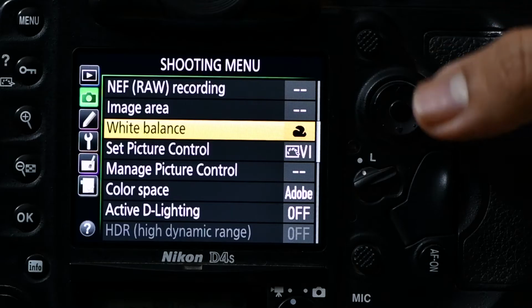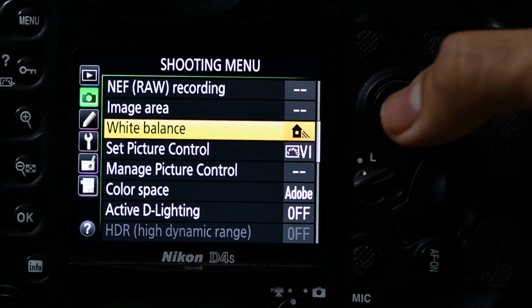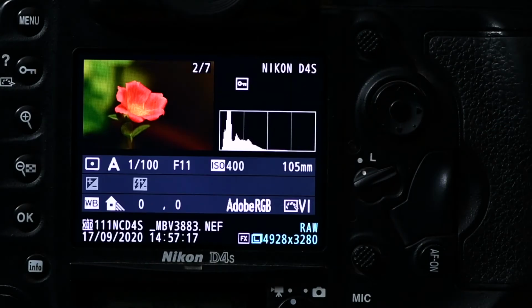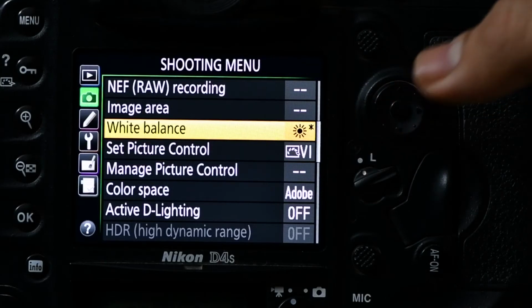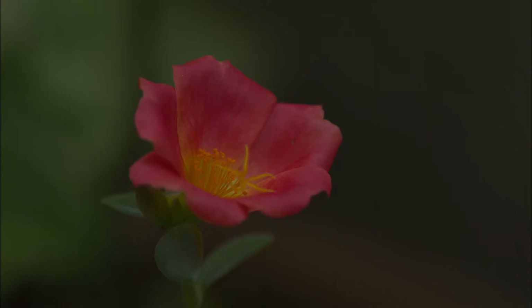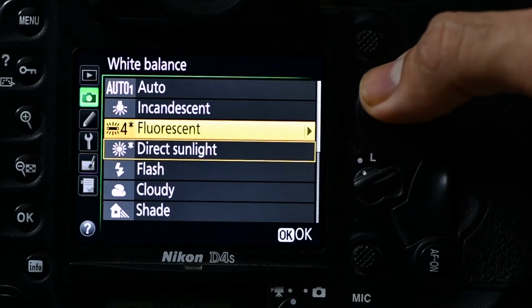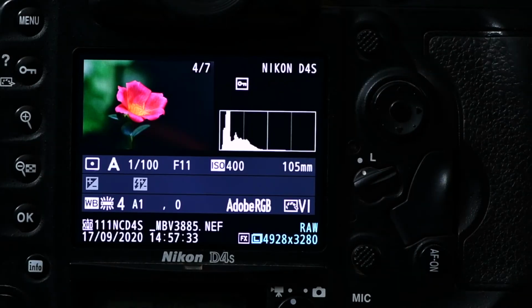Then I shoot another image with a preset white balance of shade, which is a higher Kelvin temperature, and this is the result in which I get more reddish tinge in the image. Then I use a direct sunlight white balance preset and observe the color change. I then go and use a fluorescent white balance, and this is the result.